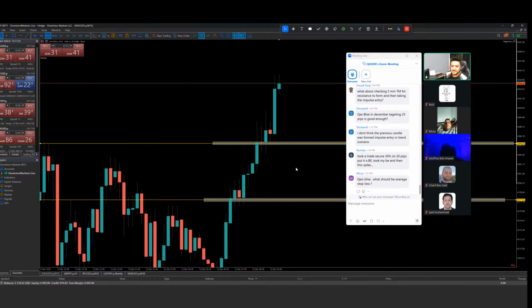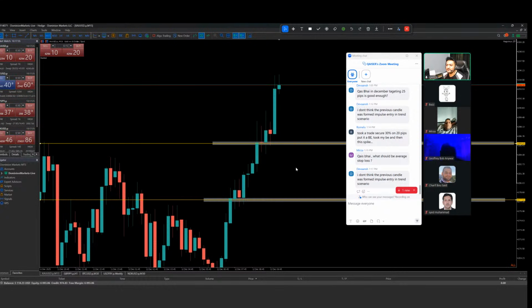Yes, but what should be the average stop loss in a normal market condition? I think, before, we were using 15, 20 pips, 25 pips stop loss maximum, when there was not this kind of volume. I remember at that time, if the daily candle moved 200 pips, I would consider it moved a lot today. It had a lot of volume in it.